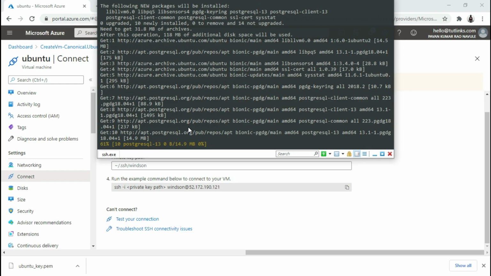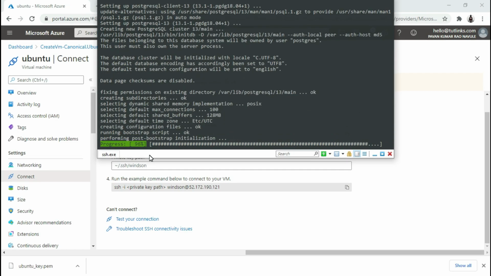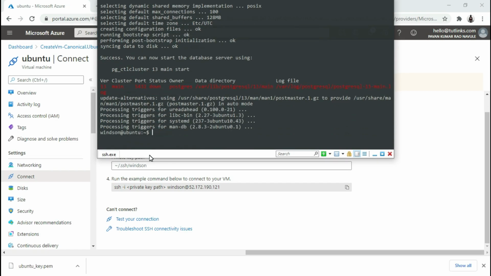Wait for the installation to complete. Alright, PostgreSQL 13 has been successfully installed. Let's verify the version of psql we have got on our virtual machine. So it's 13.1. Alright, the next step is we'll be creating a DB